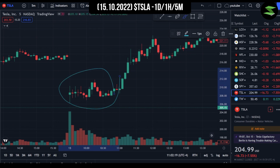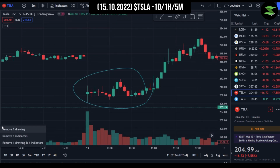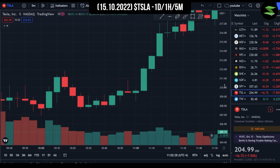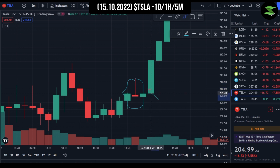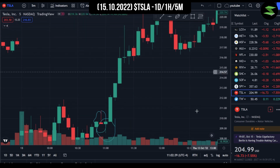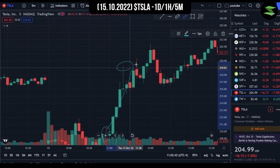And after that, we did see some volatility on the upper side, right? We saw a reversal scenario over here, a pretty perfect one as well. So let me explain it to you real quick. We can see that we got a negative pin bar candle and it was followed up by a positive pin bar candle. This, in most cases, indicates a reversal. So we can see that we got a reversal, and after that, of course, we were making higher highs, higher